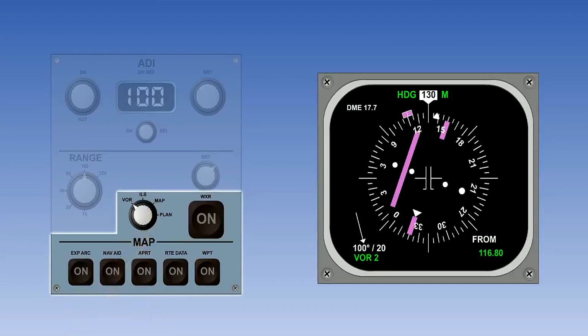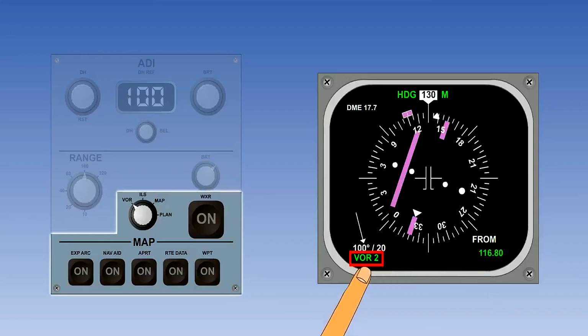Firstly, we can see that in this mode a full compass rose is displayed on the EHSI screen. In addition, other flight information is displayed and we will work our way around the display in a clockwise direction, looking at the information provided. Starting in the lower right-hand corner, the chosen VOR frequency is displayed, along with VOR2 from a non-selected source, just above.